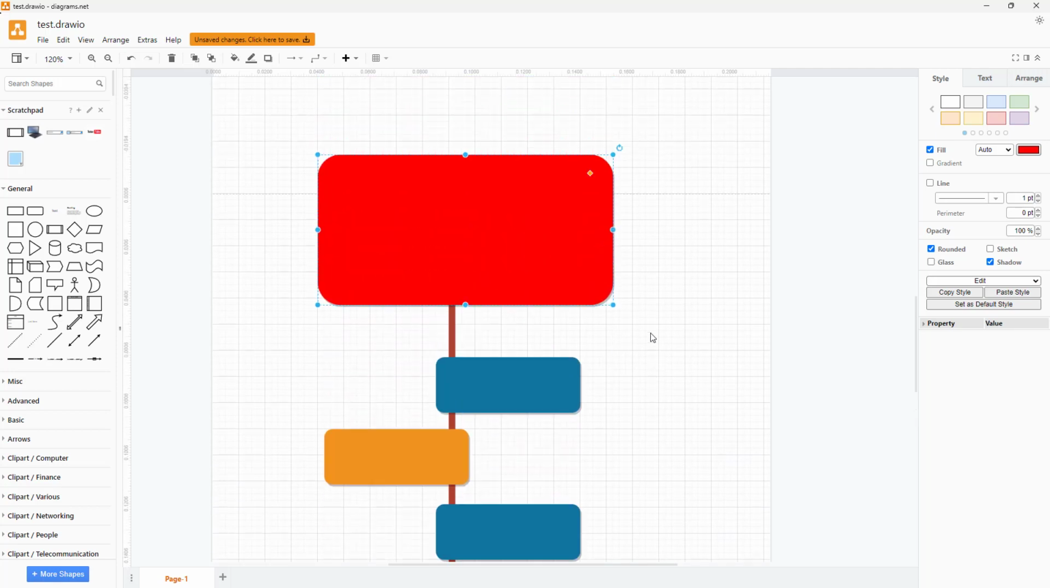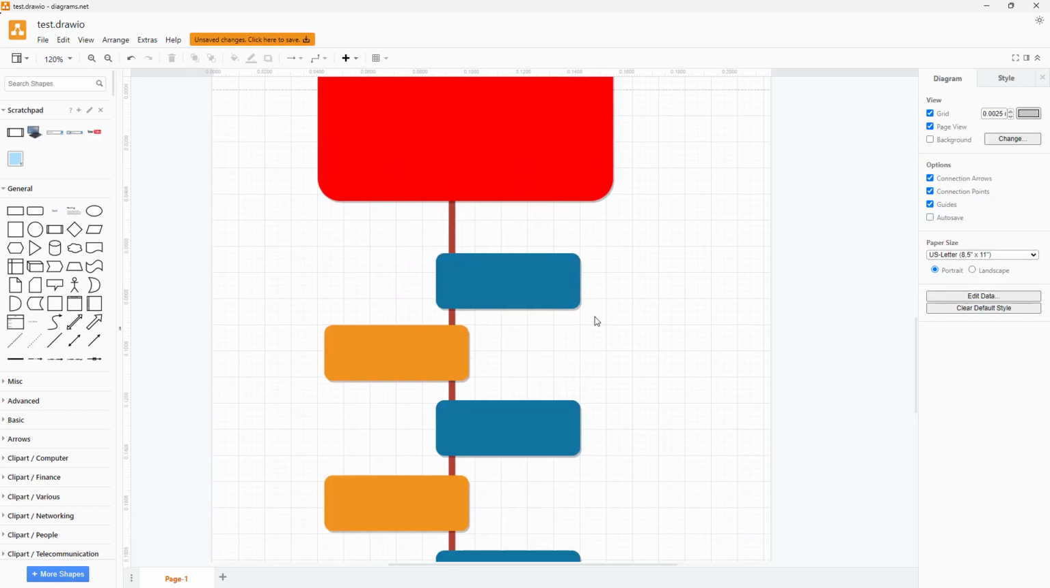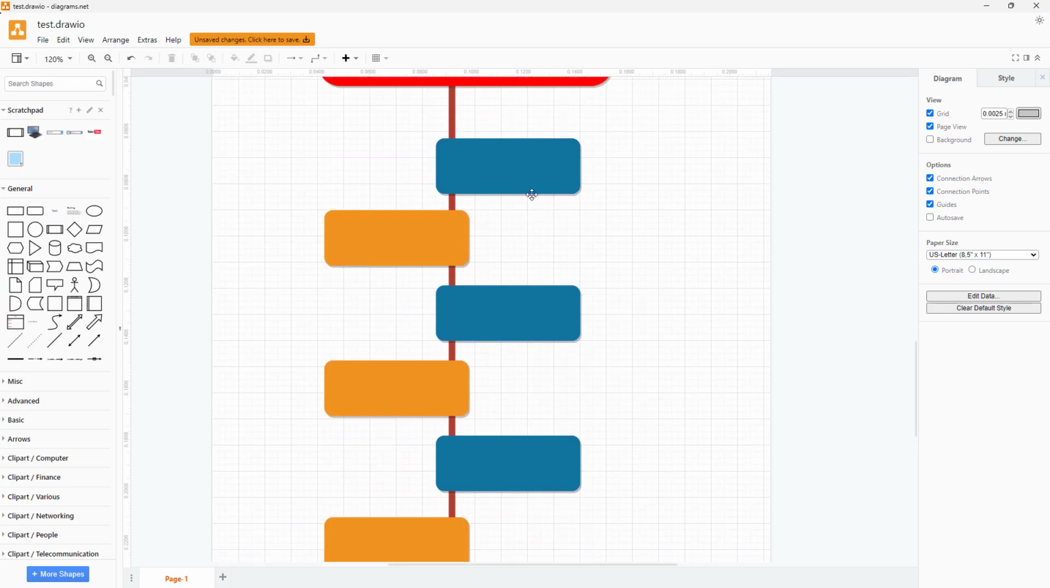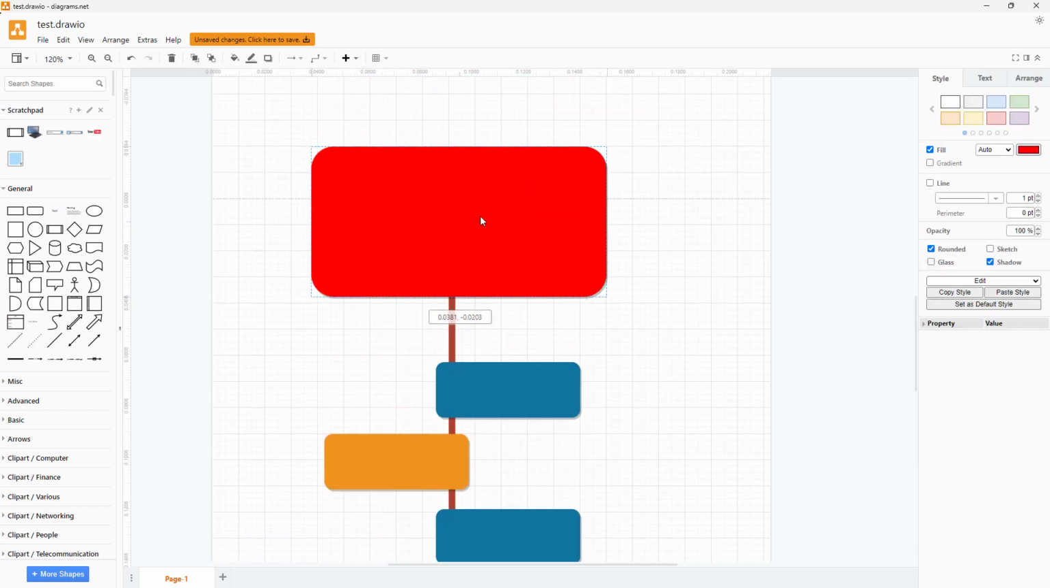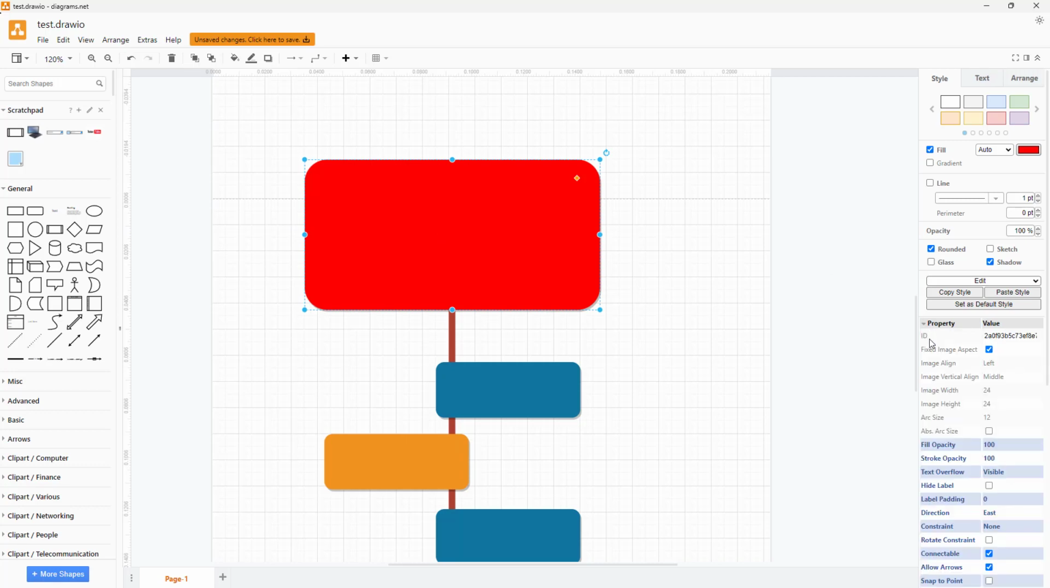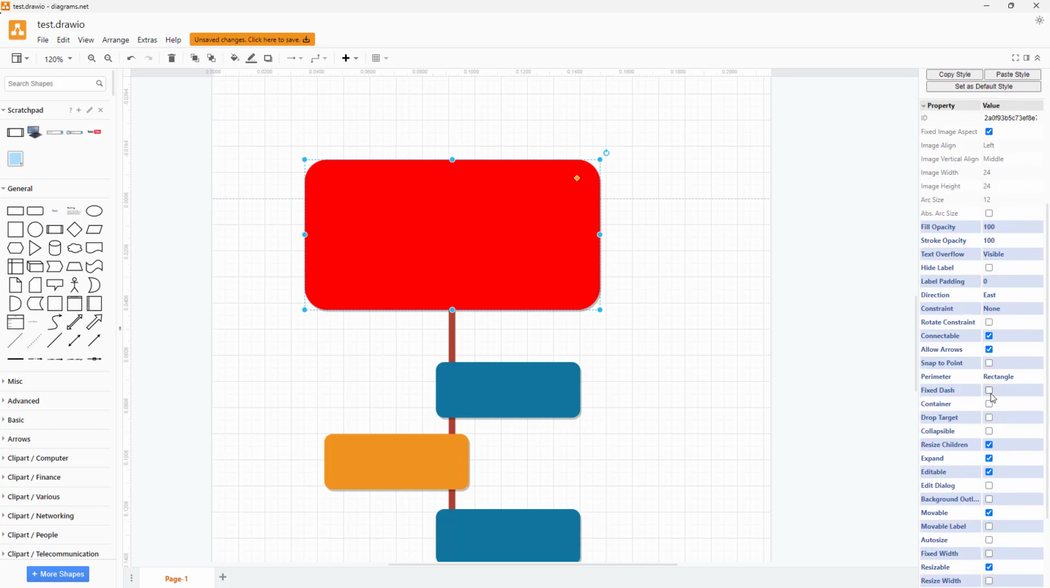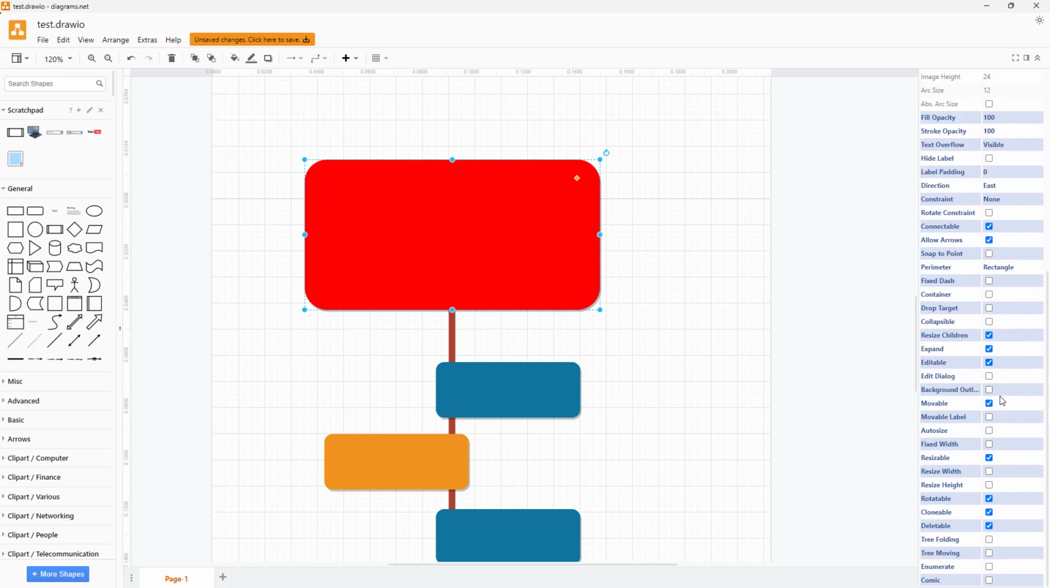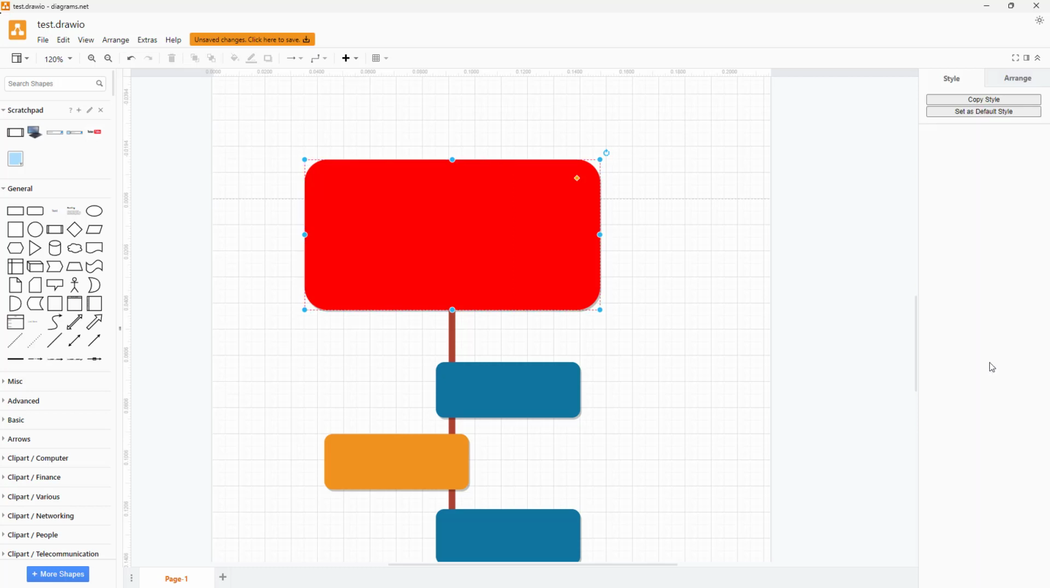So you may want to disable editing for certain shapes. And in that case, let's say I don't want to enable edit for this shape. So I can simply select it and then go onto the properties section right here. Once you go over here, you can scroll down and see that editable is checked on. So if I uncheck this right here, then you don't see the editing